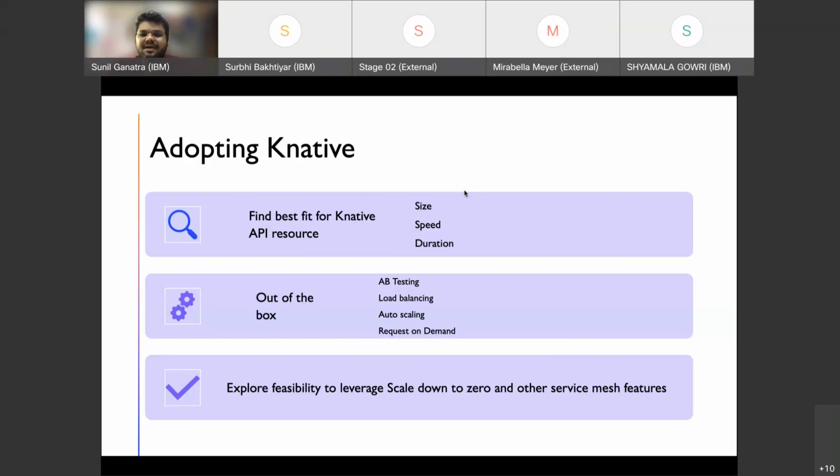What comes out of the box is, let's say if you want to do a blue-green deployment, load balancing is already available, and request on demand is already available. So all those things are available, and you need to strike the right balance in terms of which applications you can leverage Knative for, and which applications you still need to rely on Kubernetes APIs.